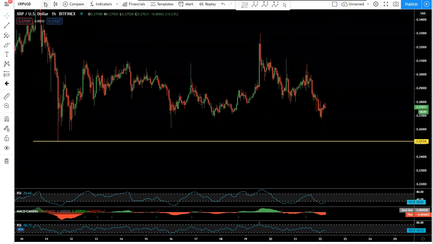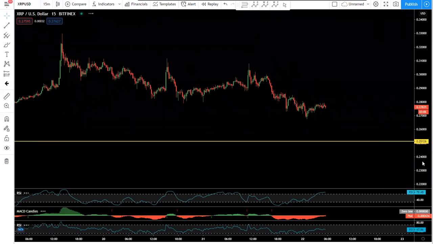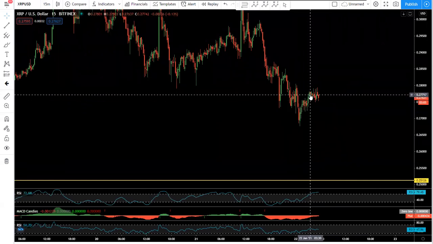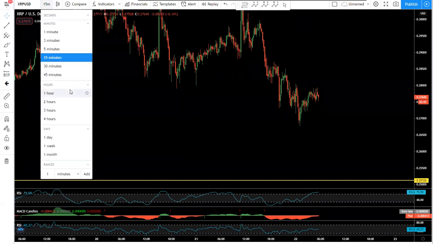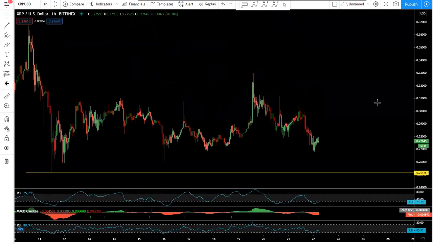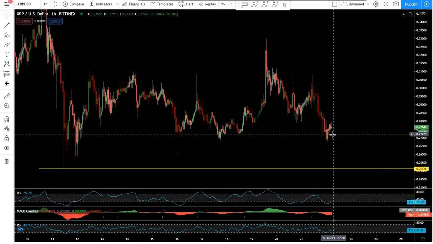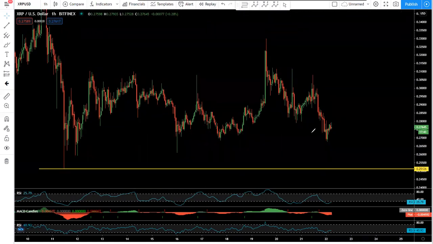If I move to 15 minutes, do we have any? We don't have anything. So this is not a correction for buy. Even if we want to trade based on the 15 minutes, if we get a correction similar to what we have here, then we can have entry above this. But right now we don't have any. Even if the price sharply moves up from here, we are not going to take it. Anyway, we don't have any trade setup for buy, but if we get any trade setup for buy without breaking this low,